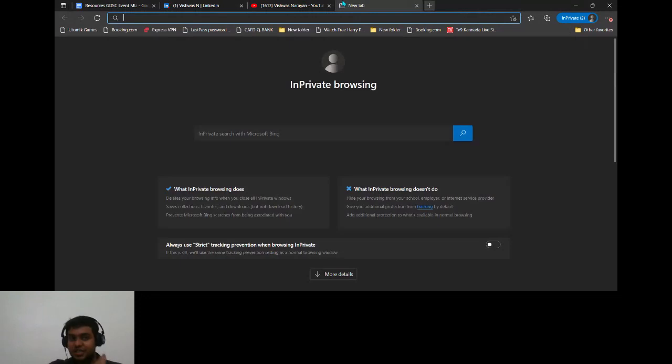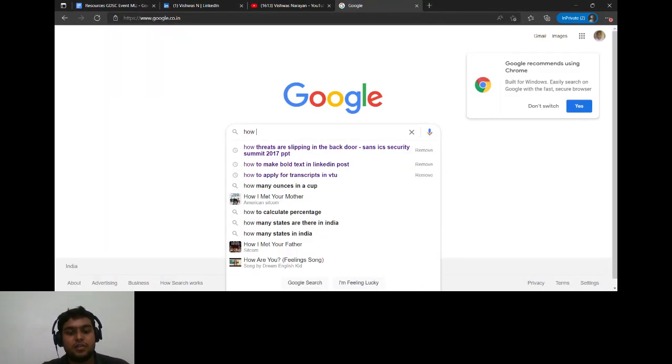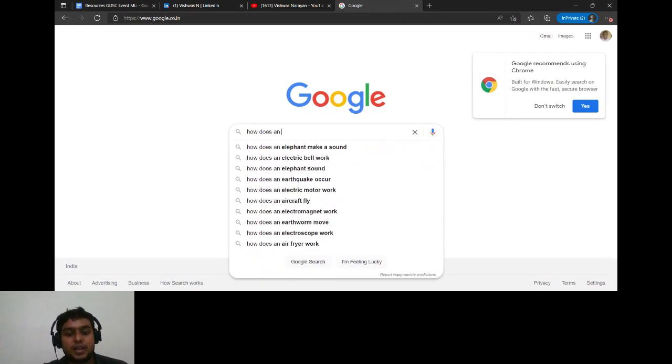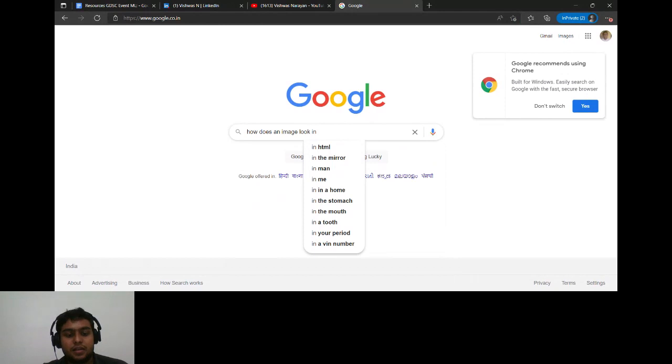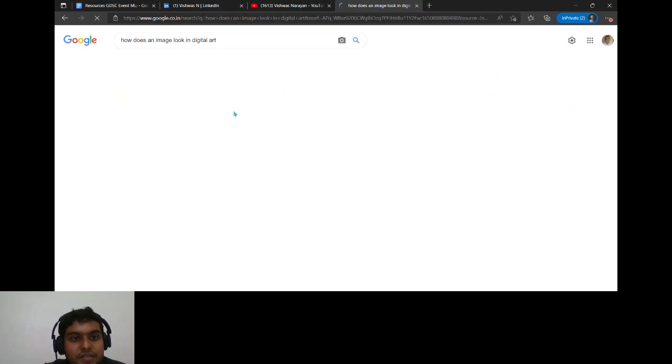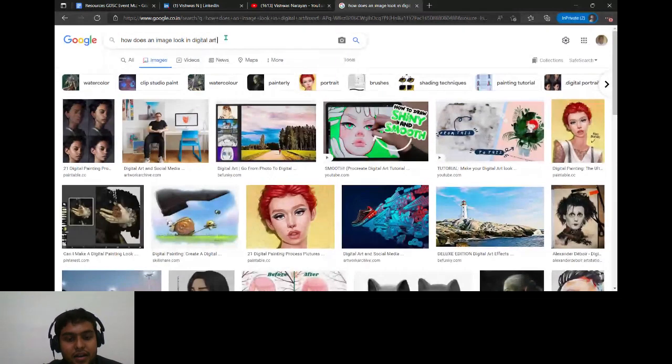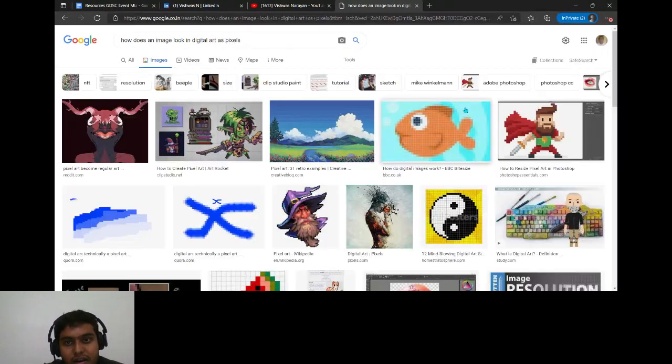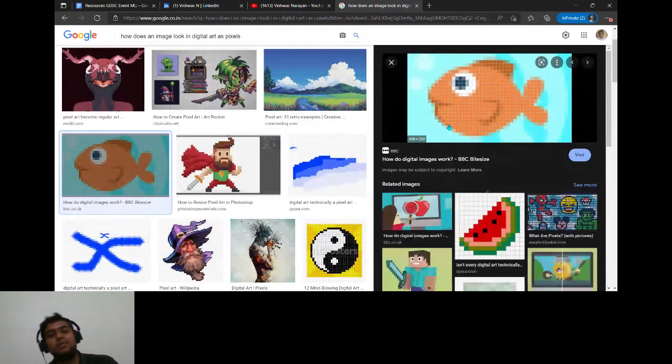So, let me start with the basic understanding of how an image looks in digital form. This is what we want in digital art, as pixels. To be very frank with you, your same old monitor is divided in the same way.